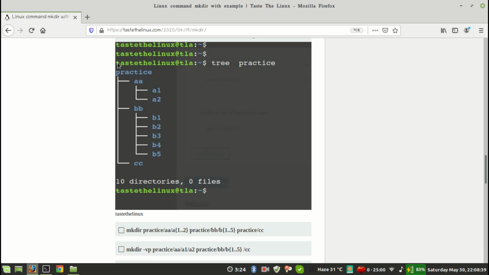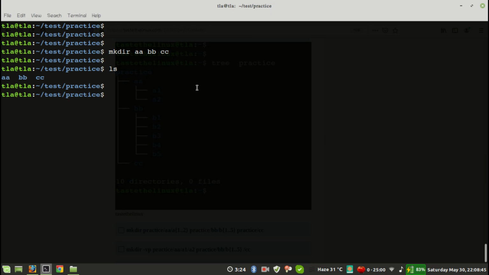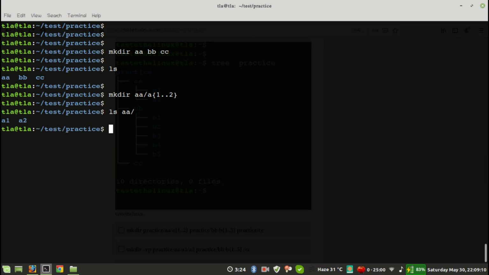Now in the AA directory we have to create A1 and A2. So let's use an expression: mkdir AA/A{1..2}. After creating, just check whether the folders have been created or not. As you can see with ls AA, we can see our two folders A1 and A2.